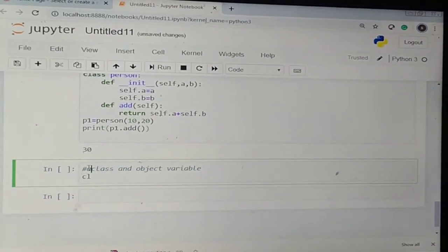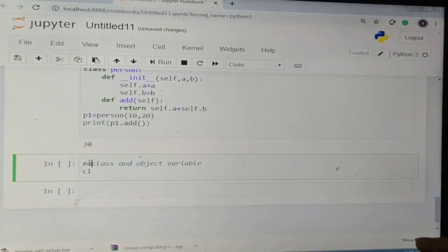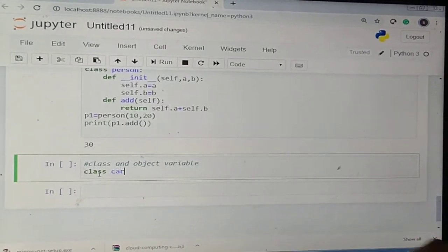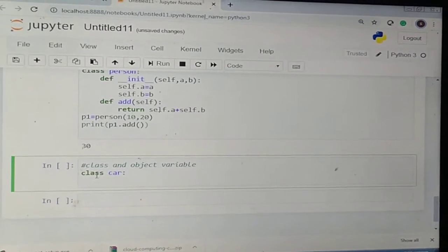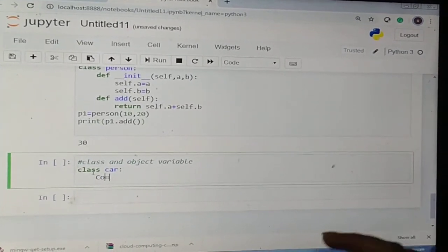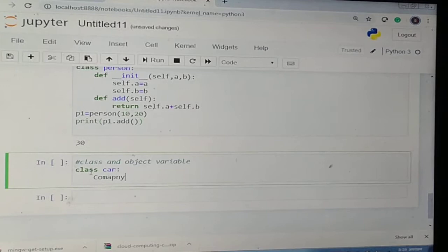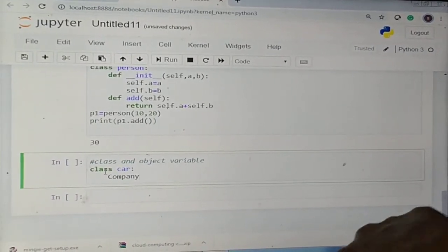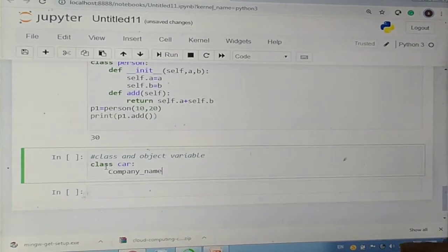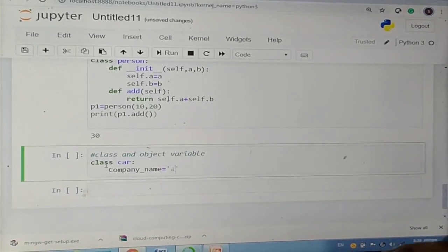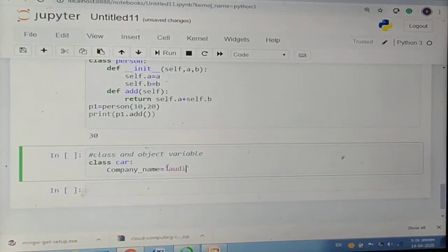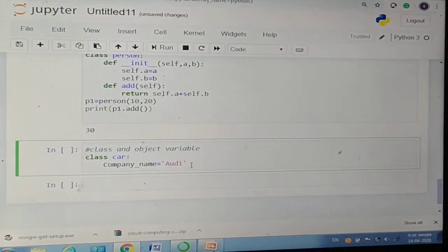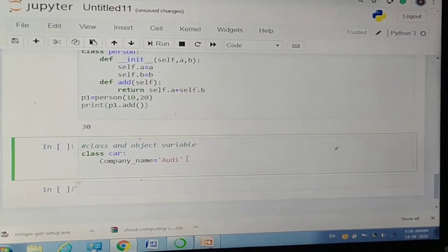Suppose I have a class called Car. Here company_name is Audi.